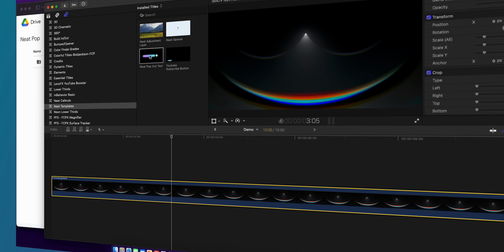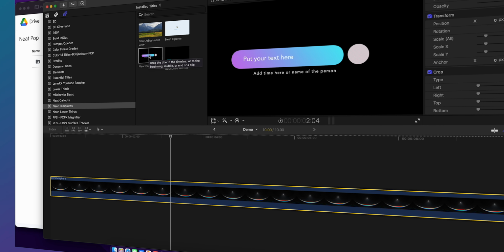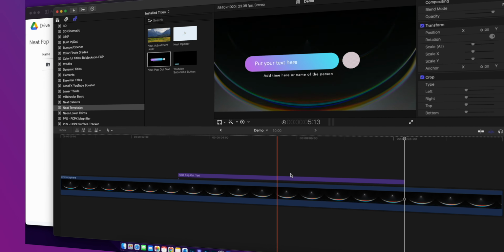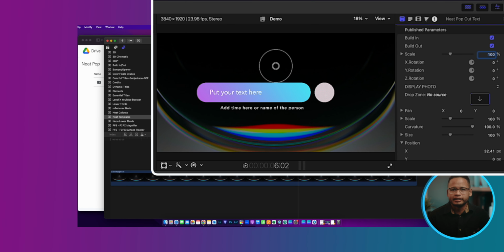generators sidebar. There are more ways to install your presets and plugins in this video right here if you need more. But for now, let's go back to Final Cut Pro. And I'm gonna add the title to my timeline by pressing Q, and that will bring it right on top of my clip. Let's go to the right side to see the title inspector and look at the parameters that